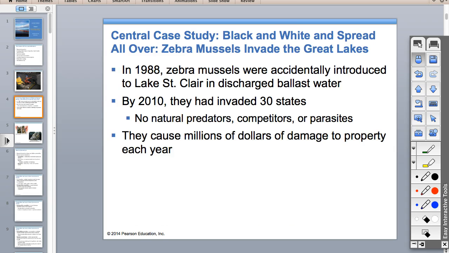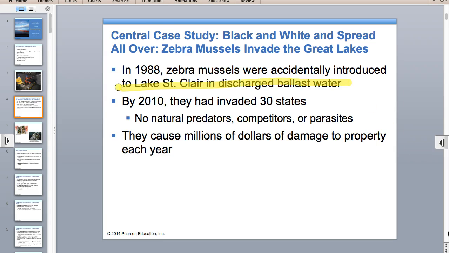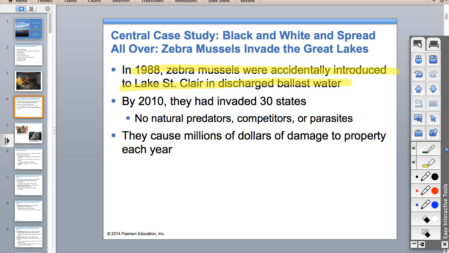And so these are zebra mussels. The AP folks really like zebra mussels, and they like to talk about ballast water. Notice it says ballast water. When you have a boat that carries cargo across the ocean, you really need to have the right buoyancy. So boats will take up water. Let's say they started in the Caspian Sea. They take up some water and put it in the ballast, which are places you hold water. It'll have the right buoyancy based on the cargo, and it'll help you float across the ocean, all right?